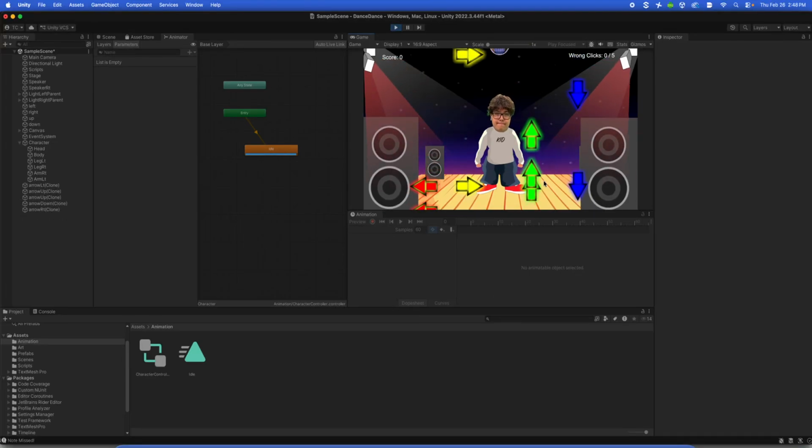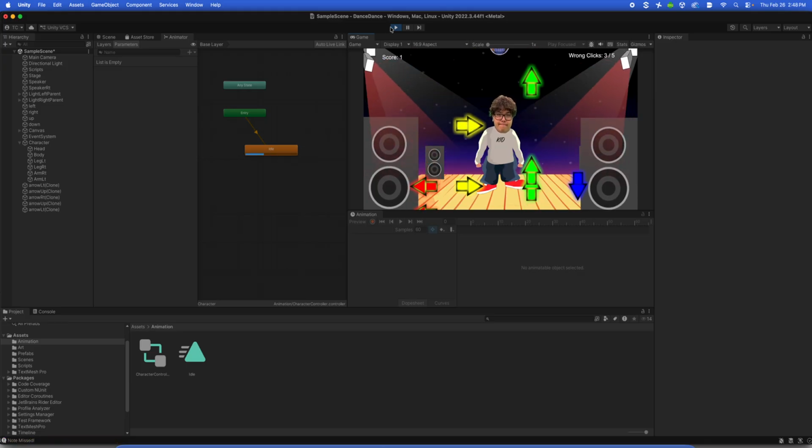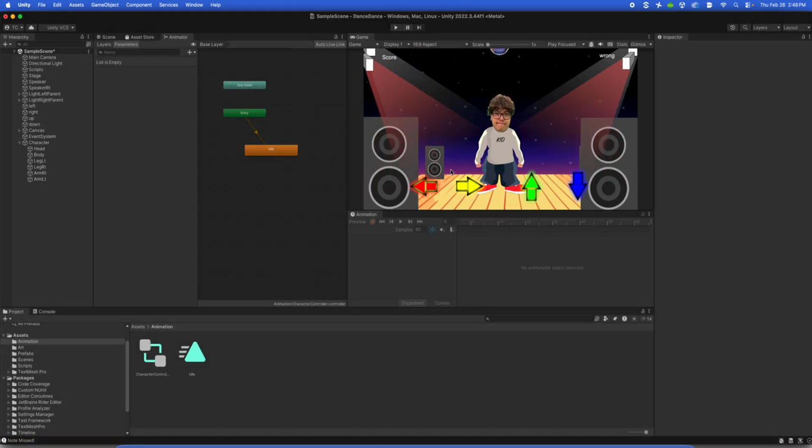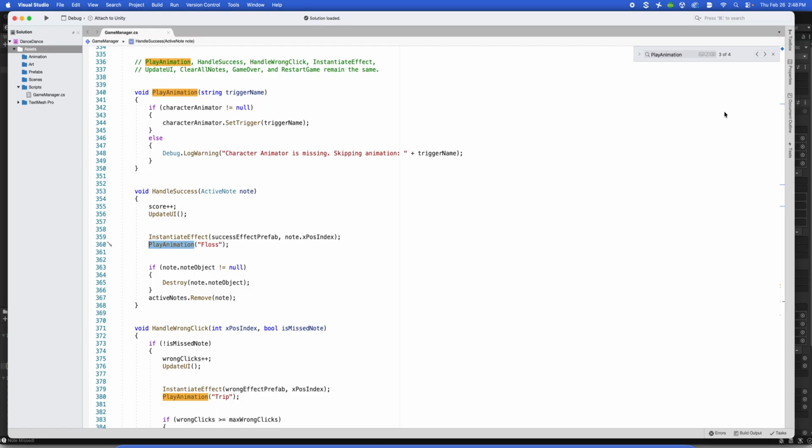Okay, now we are going to make our character actually animate and play his little dance moves when he gets a correct answer or when he gets it wrong. So I want you to real quickly check out the script. And you'll notice if you ever wanted to search through these scripts, by the way, you could push Command F and you can search. I'm going to type the word floss,